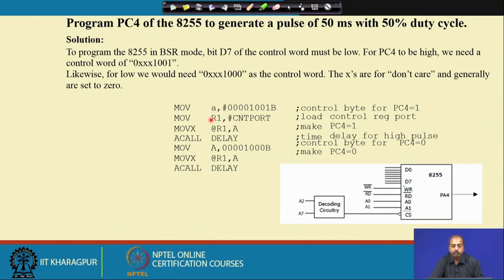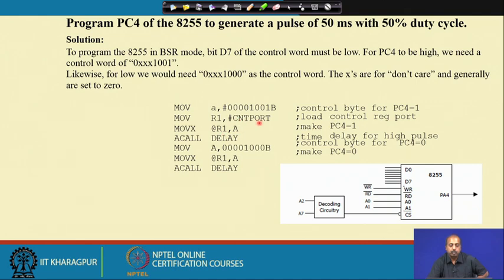So, if you move this control port value, so load control register port. So, the control register address is moved to R1 and then MOVX @R1, A. So, to this control port we will be writing this value. So, that way this PC4 bit will be set, then we put a delay, then now we have to make that PC4 0. So, this control setting, there should be a hash here, the hash is missing. So, this particular control setting will make this PC4 equal to 0,